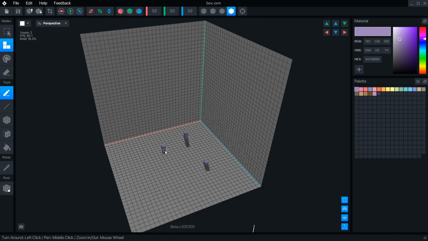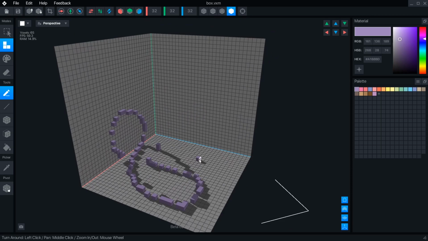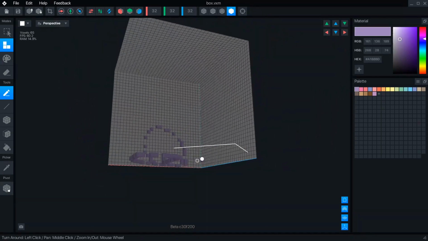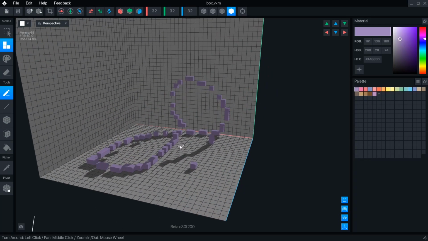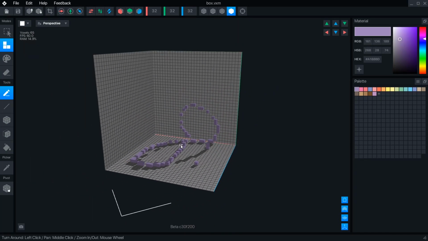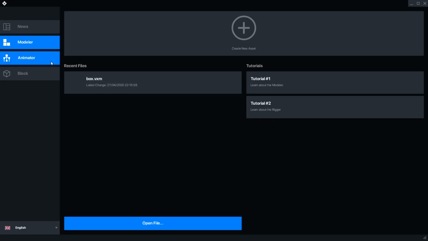Left-click on the grid or existing voxels to use your selected tool. Controlling the camera no longer uses the Alt key. Right-clicking rotates the camera, either around the center of the object or around whatever voxel your mouse is hovering over. Middle-click will pan the camera, and your mouse scroll wheel will zoom in and out. Clicking on the Home button will return us to the welcome screen.